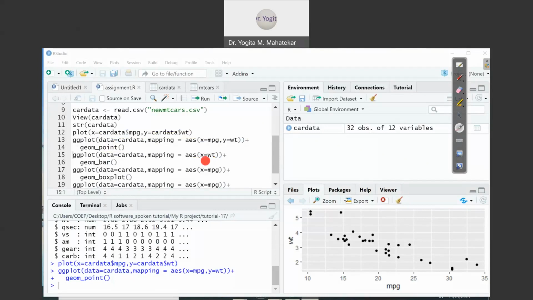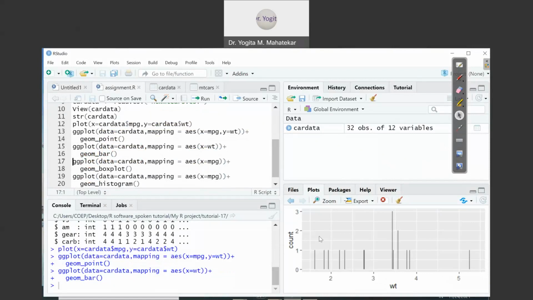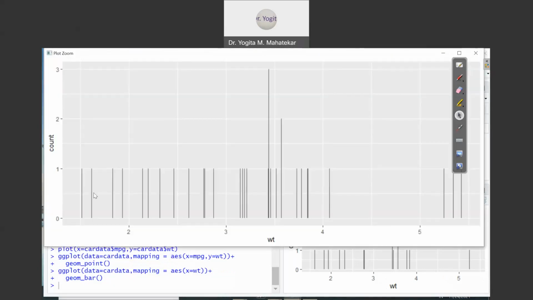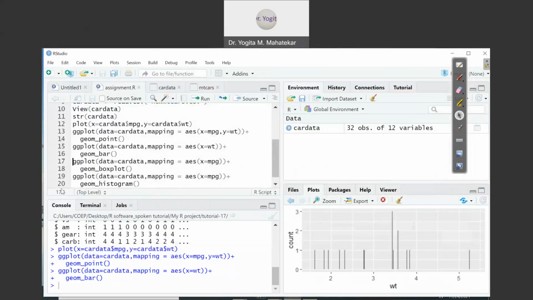For wt we have plotted the bar diagram. So geom underscore bar inside round brackets, from the corresponding char data frame with the ggplot2 package. So let's compile this command. We are now drawing the bar diagram, press Ctrl Enter. When I press Ctrl Enter, one can see wt versus its count, the bar plot, has been drawn. Let me zoom it out. So these are all the bars that are appearing over here. So this is how to draw the bar plot using the ggplot package.